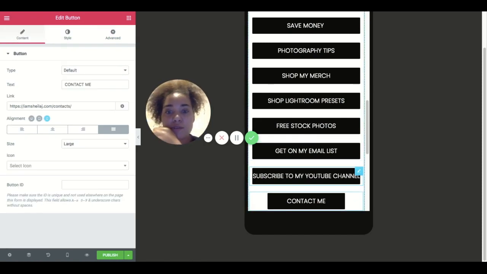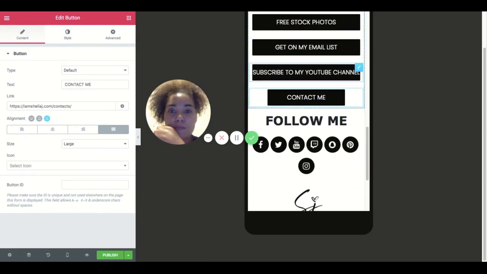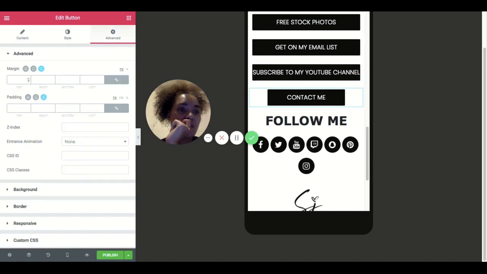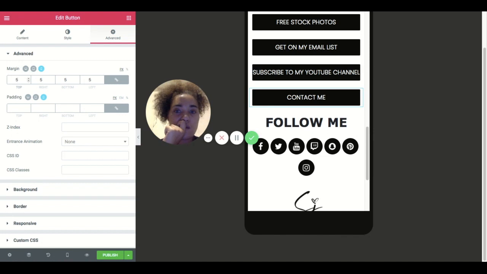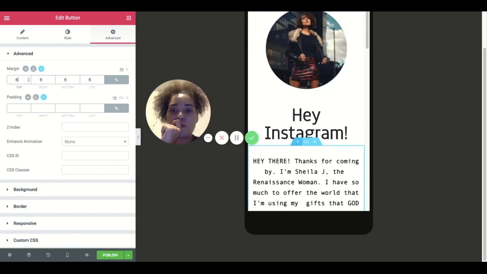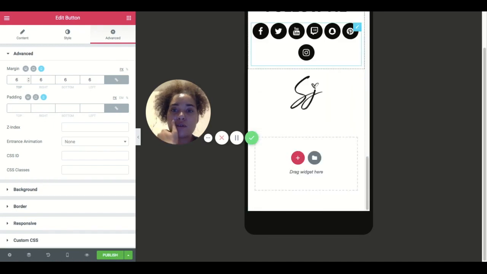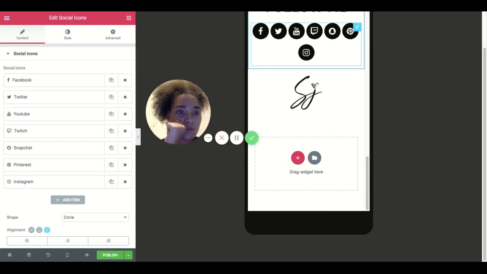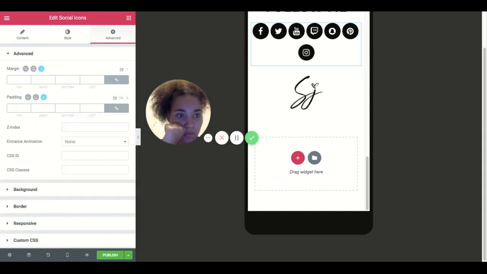Something's off about this one. I'm a little off about that one, but I guess it's okay. I don't know. Something's off. And last but not least, and it's a good thing I scrolled down to check this, last but not least, you just want to come in here and